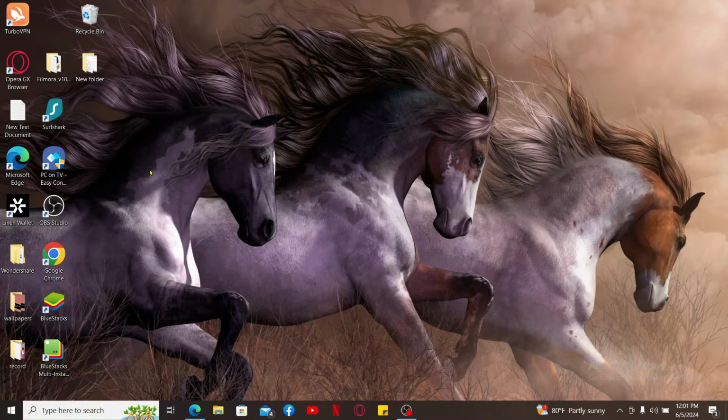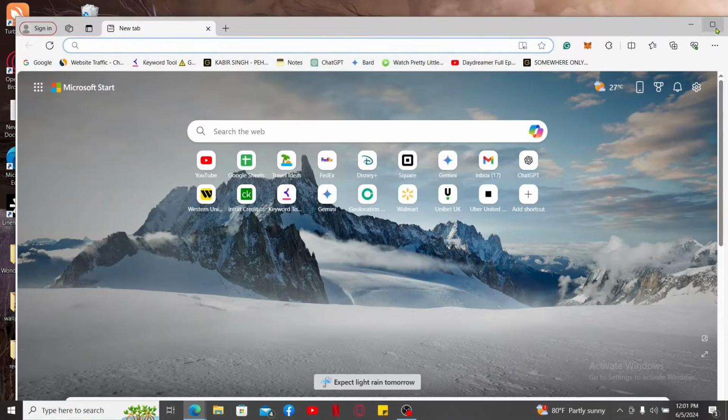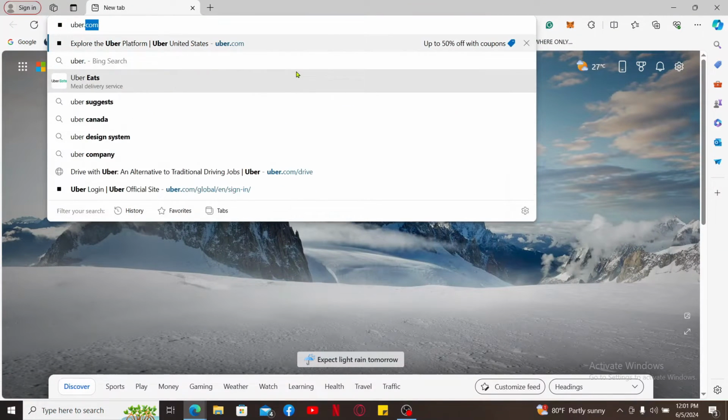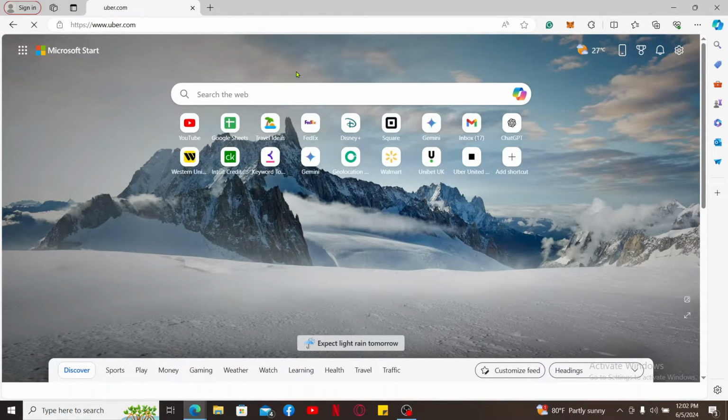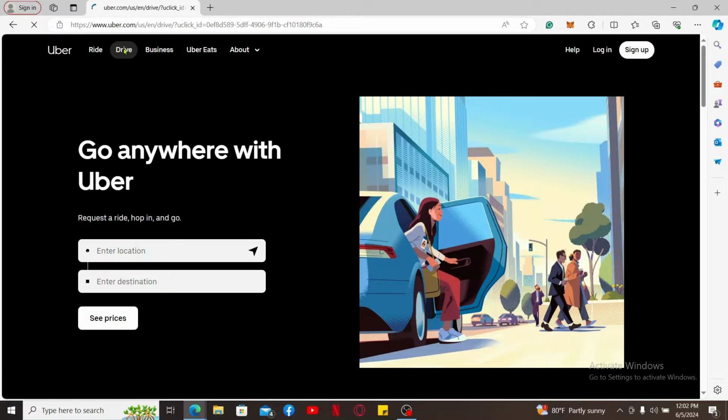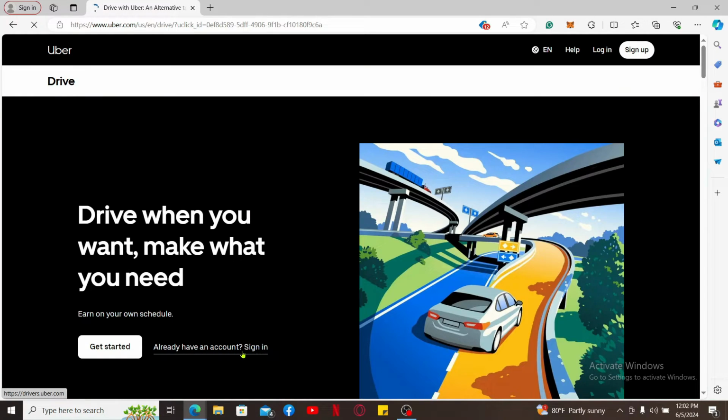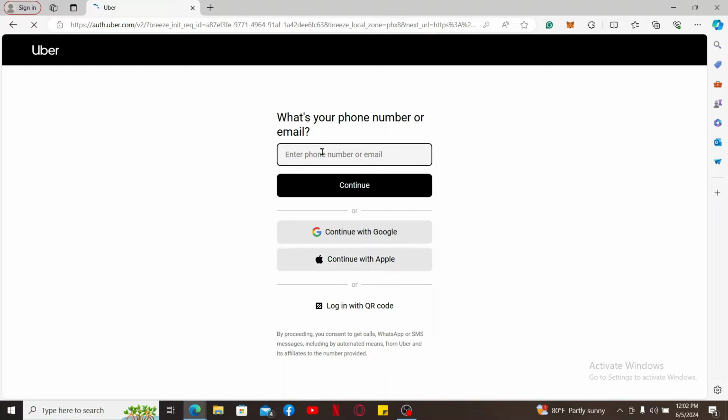First thing to do is to open a web browser and then type in uber.com in the URL box. Doing this will take you to the official site for uber.com, from where you will need to select the drive option at the top left corner. Click on already have an account sign in option under drive and then enter your email address or your phone